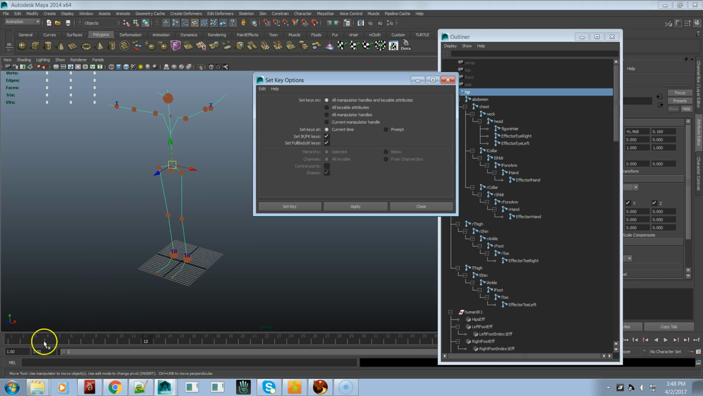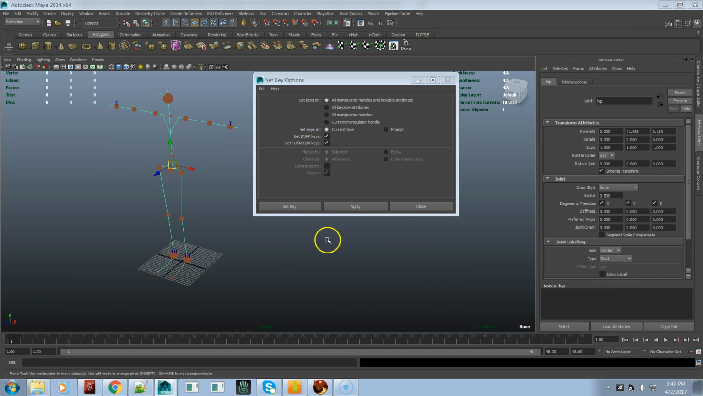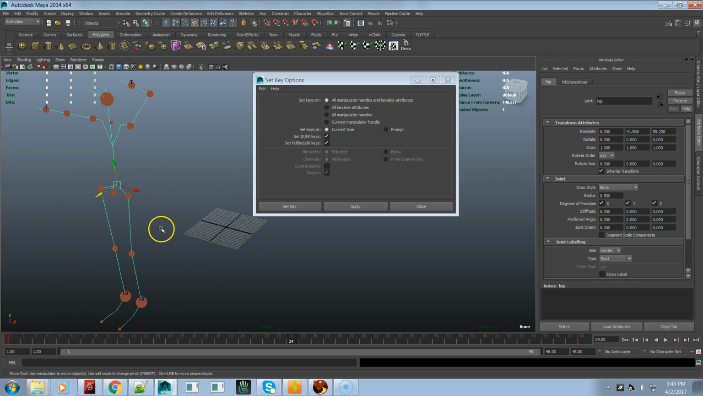So you have your move. We're going to make it a loop again. Move that over to the side. Okay, I'm just going to hit apply. First frame, last frame, apply. Come to say frame 24, and we're going to move the character forward 24,